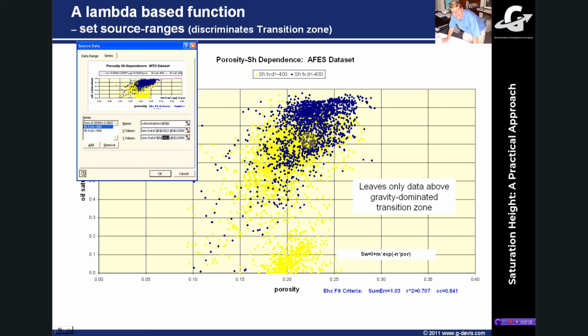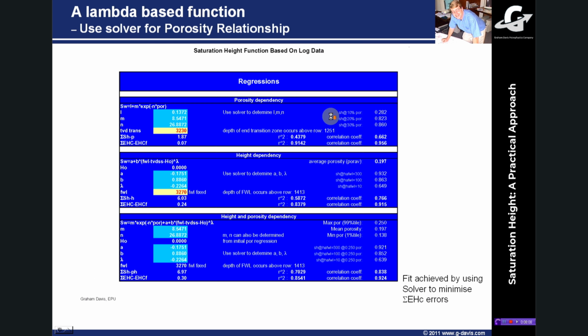Now this chart is a bit different to the first one I showed you, hence we've got some more points, but the principle is the same. We're looking at the shape of the dark blue points now, because these are the ones that are hopefully just controlled by capillary quality. And you'll see here that this yellow cloud down here, which is quite reasonable porosity but very low oil saturations, only 10 to 20% oil saturation, that must be because they were way down deep in the transition zone near the free water level, so haven't developed the saturation yet. So we're interested in how the rock behaves with porosity. As you see an increasing porosity, you get a good oil saturation.